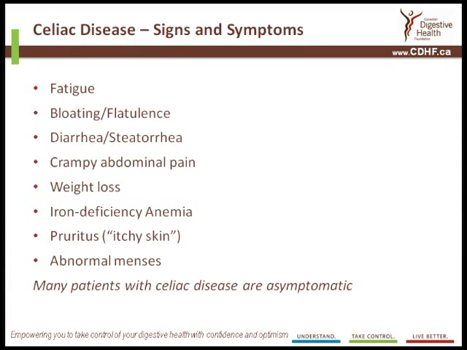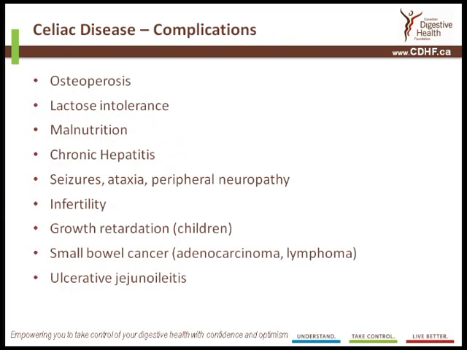In addition to symptoms, celiac disease, either by virtue of chronic bowel inflammation or its effects on macro and micronutrient deficiencies, can lead to a number of complications, including, to name a few, osteoporosis related to calcium and vitamin D malabsorption, lactose intolerance due to bowel inflammation, generalized malnutrition leading to weight loss, a rare manifestation, perhaps chronic hepatitis, various neurological manifestations, also fairly rare but well described, including seizures, loss of coordination, both of limb and overall body, loss of sensation or painful sensations in the extremities, infertility in females, growth retardation in children,